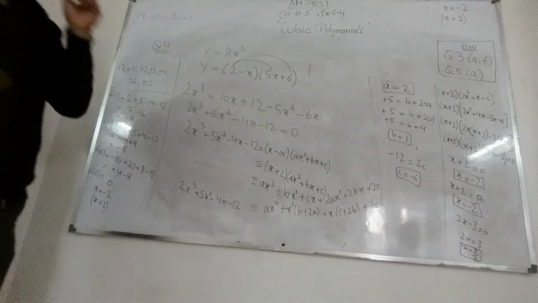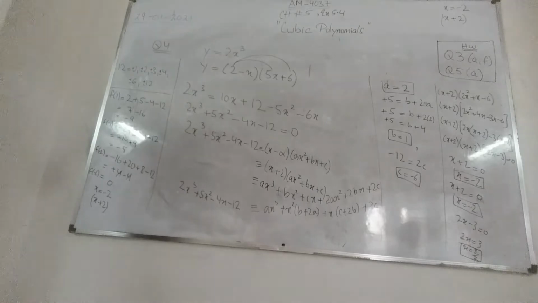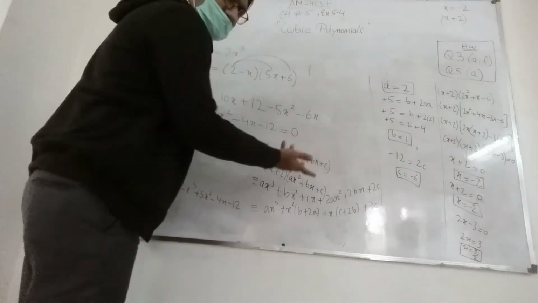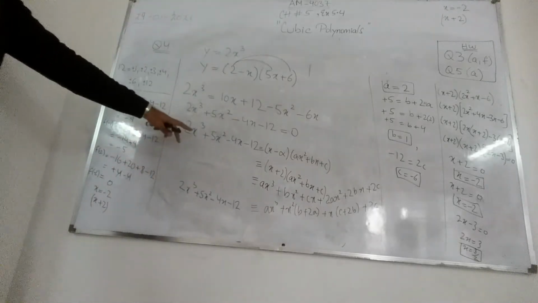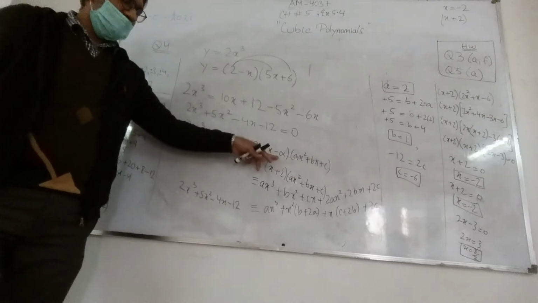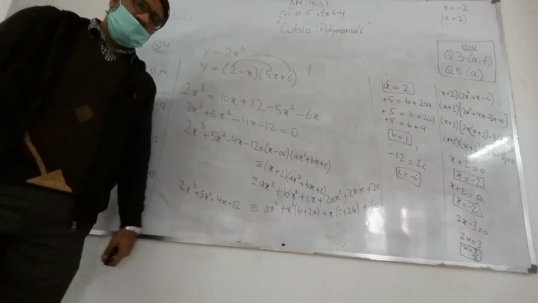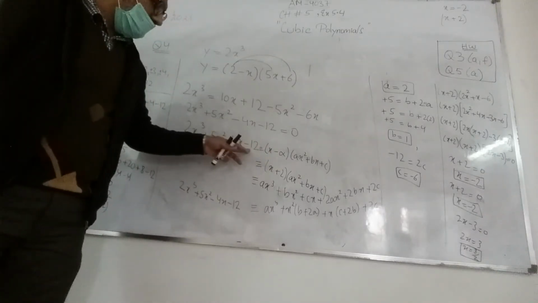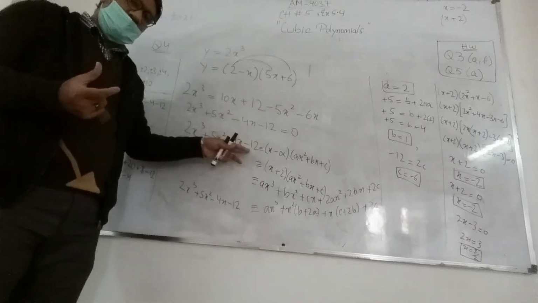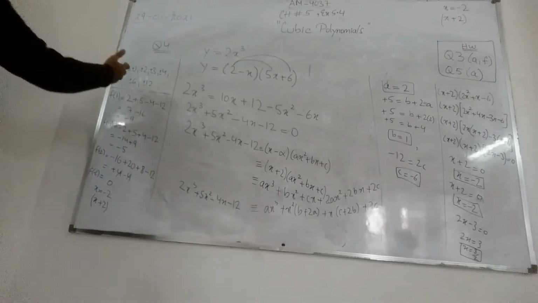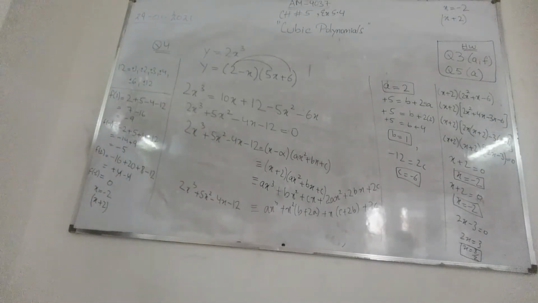Now the method, I have to factorize it first, then I will solve it. In order to factorize it, the first step is I have to write it like this. This is the standard procedure. 2x cube plus 5x square minus 4x minus 12 is equivalent to x minus alpha times ax square plus bx plus c, and I have to find the value of alpha. I know that the constant is 12, so I have to make the factors of 12. The factors of 12 are plus 1, minus 1, plus 2, minus 2, 3, 4, 6 and 12.